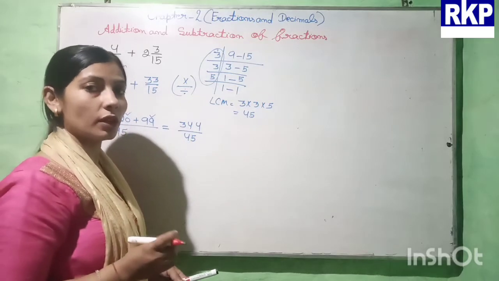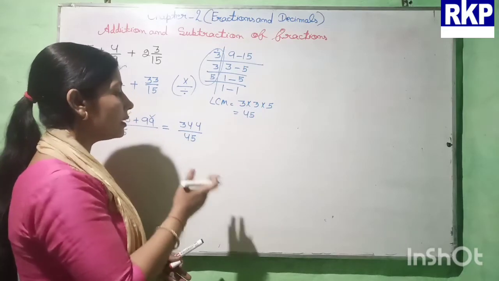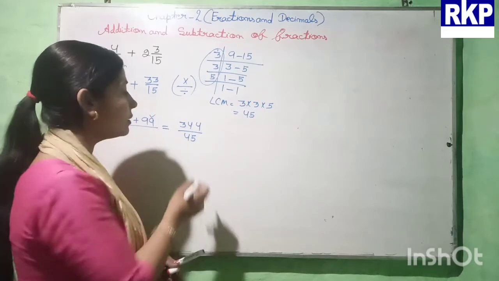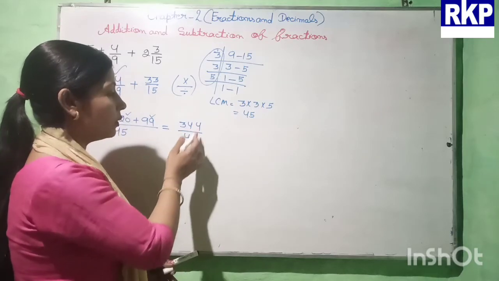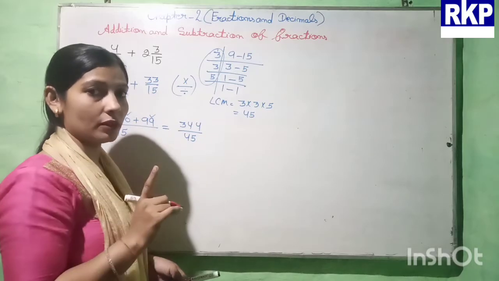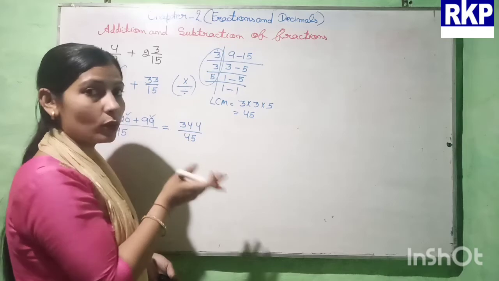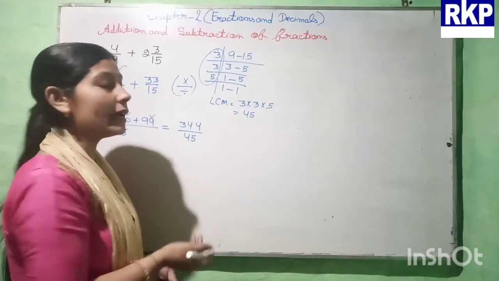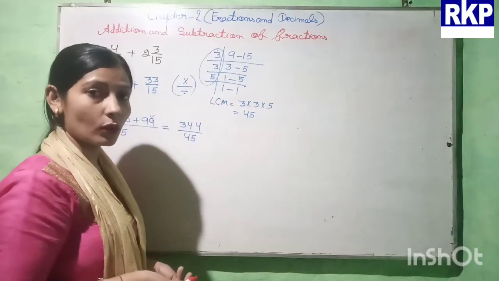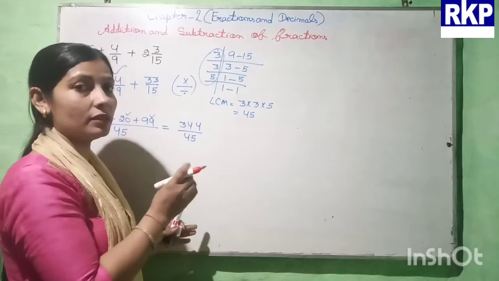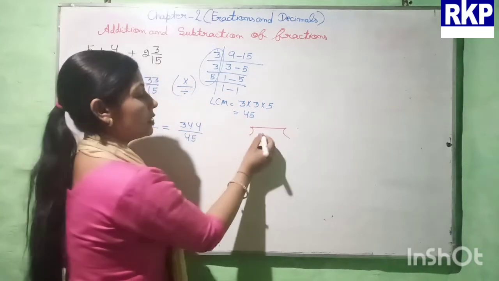So here we need to convert it into a mixed fraction. But before converting it into a mixed fraction, let us check whether there is any common factor of these. There is no common factor beta of these except 1. Only 1 is a common factor of both, but we cannot cancel with 1, because if we divide the numerator and the denominator with 1, we will get the same answer. So no need to divide with 1. Now let us convert it into a mixed fraction.